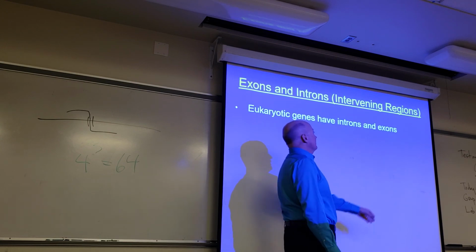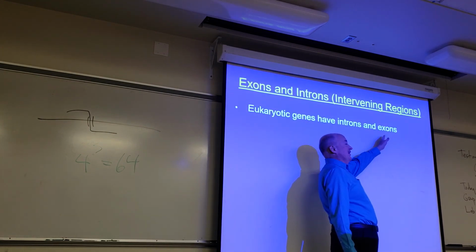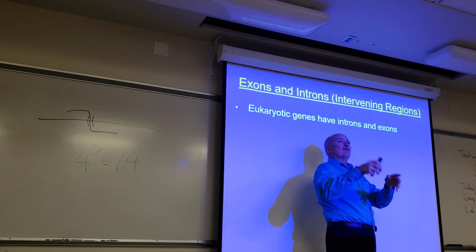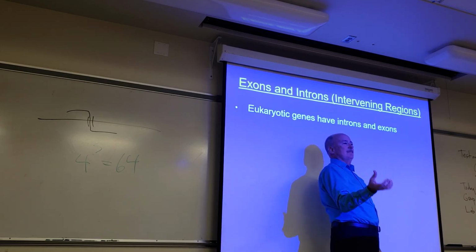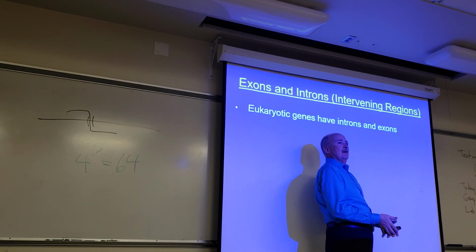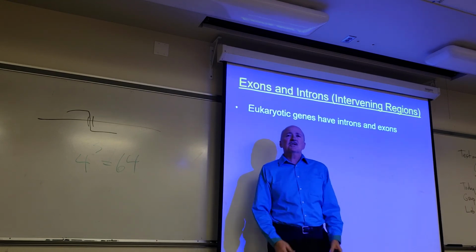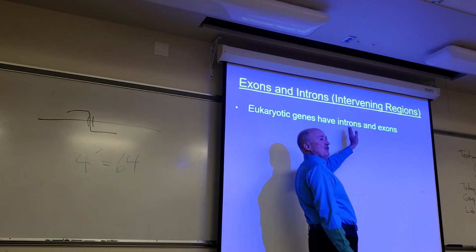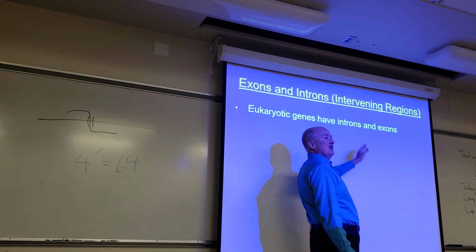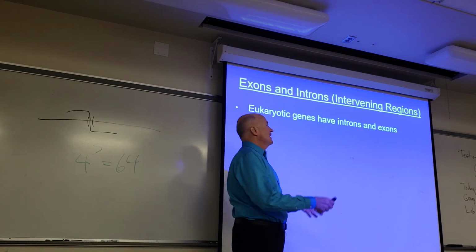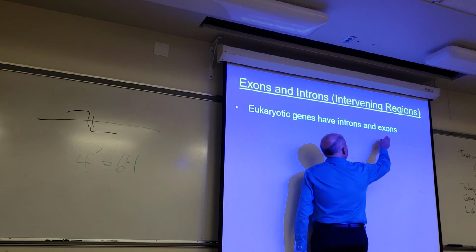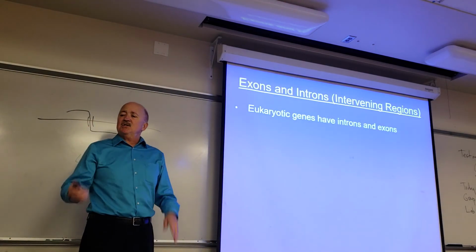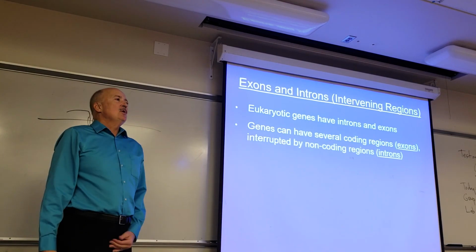And what you will have are coding sections called exons, which are ones that actually are information getting to the ribosome, providing the codons that will tell the ribosome which amino acids to use. But these exon regions are separated by spacers, introns, that are not coding. So a gene, for us, actually has a mix of coding exons and non-coding introns that are spacing these exons out. So you might have, say,